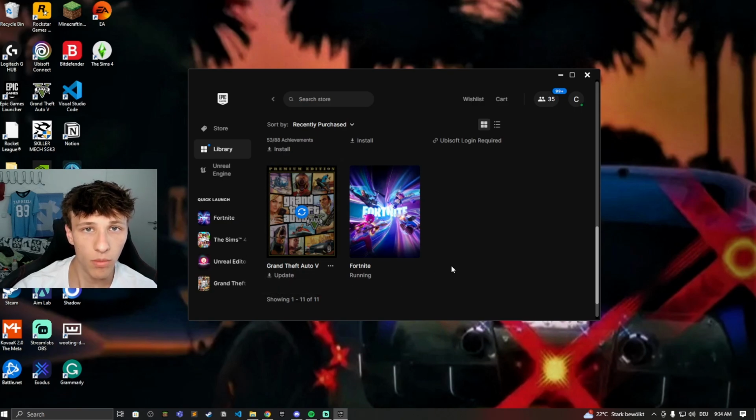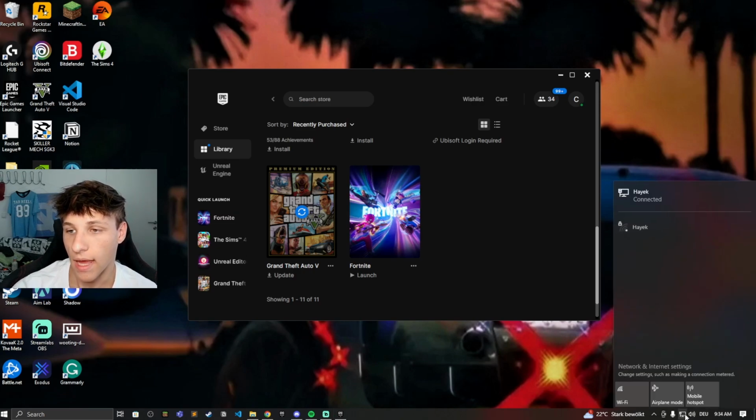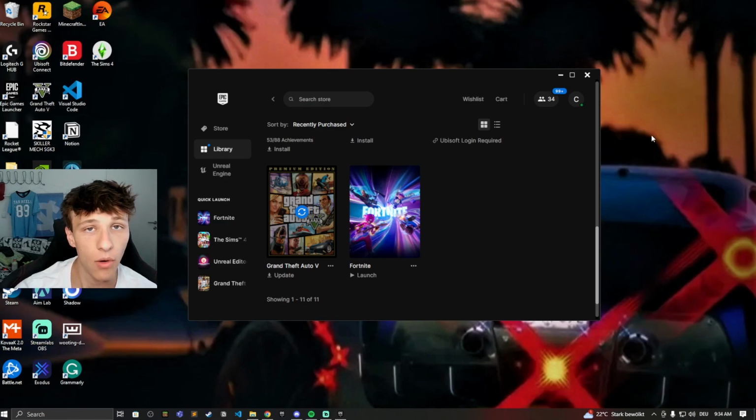Now, the first problem that might occur is that your network is not set up correctly, so that you're not connected to any network. That's the first thing you need to check. If Fortnite's not downloading, then make sure you're connected to either your Wi-Fi or to your LAN in your home, and just check that here. Click onto your network settings and select what network you want to be connected to. That way your internet is working, and of course you need that so you can download Fortnite.